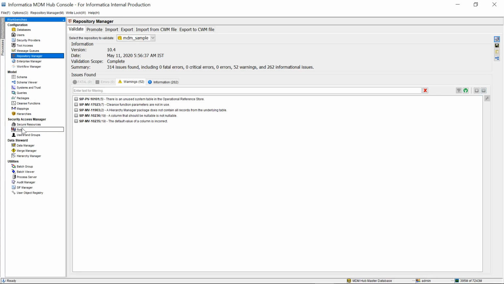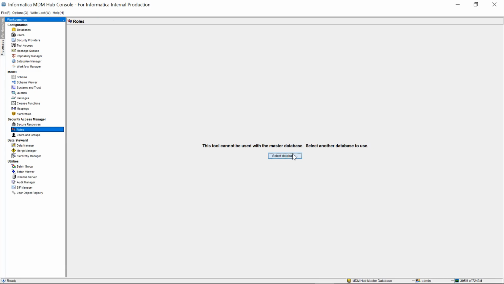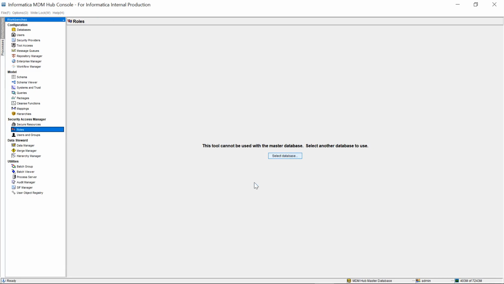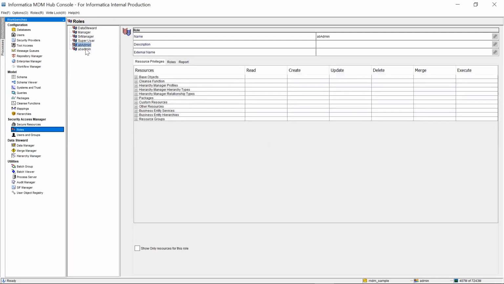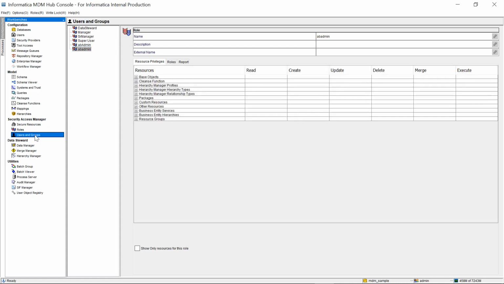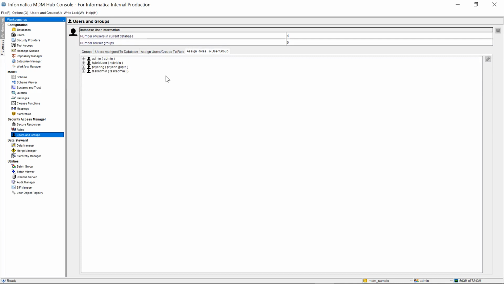We need to first create these two roles in Hub Console under SAM. I have created these two roles under SAM. After creating these two roles, we need to map these two roles to the user whom you want to make a task administrator.